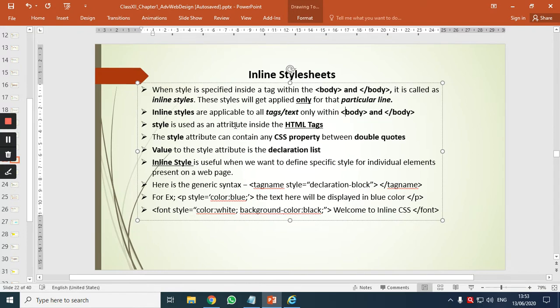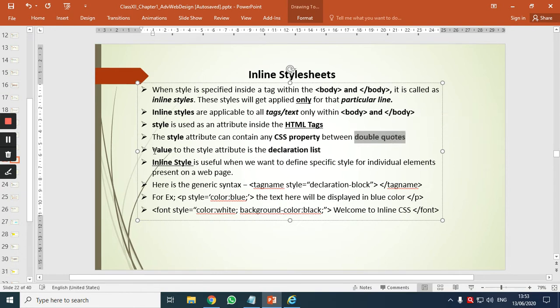Style is an attribute inside the HTML tags. If style is an attribute, it should carry some value. And the style attribute will contain any CSS property. Its value will be any CSS property which is written in double quotes.